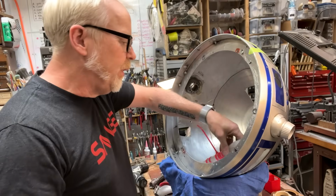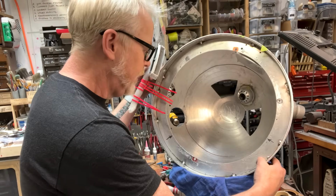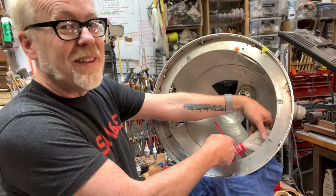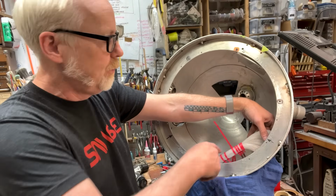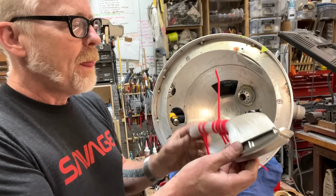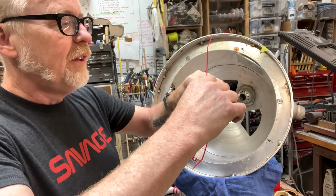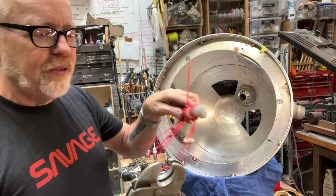What I've been trying to do is adjust these two so that wherever this is pointing is wherever it's going to point. Once it's there, I can't really move it. And this is the tougher one of the two light pipes. That's what this is effectively. So I am about to slice this here. I've added a bunch of thin CA glue. I've kicked it. So hopefully I will have the sort of monolithic round, and I'm actually going to use this ratcheting